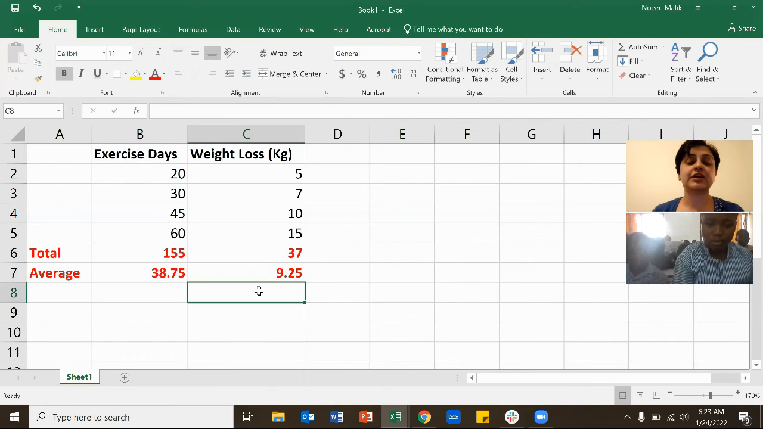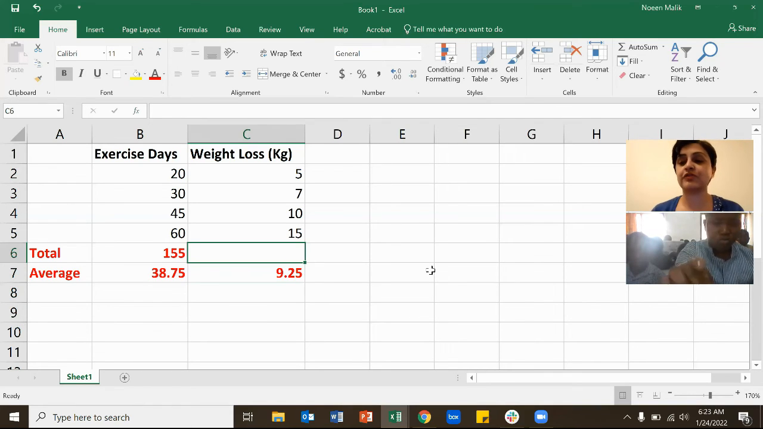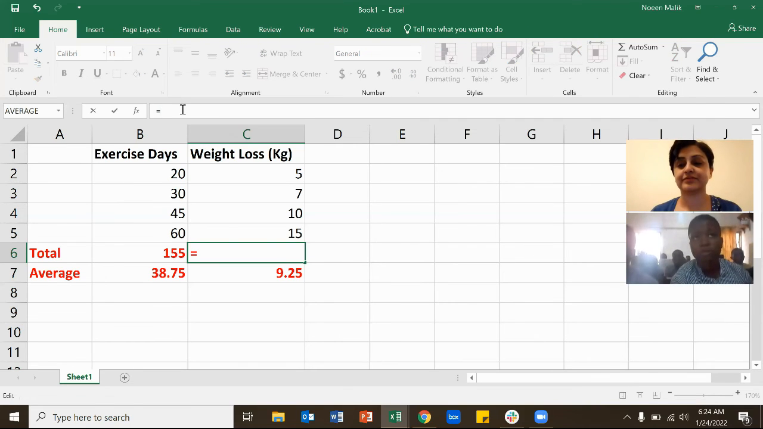Now I will actually delete one of the numbers here and I will ask you how to calculate it. You will tell me how to calculate the total of weight loss. So unmute yourself and tell me what is the first step to do that. We want to practice. Put what? Put the equal to sign here. Then, yeah, then